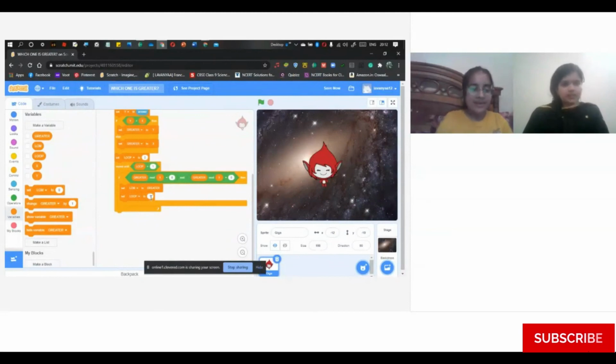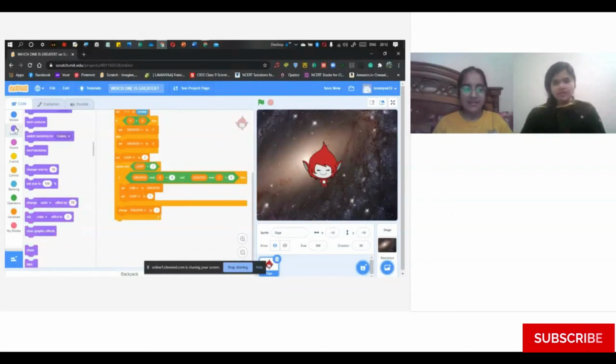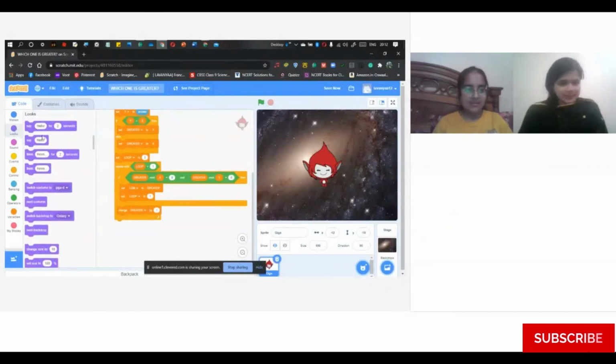So basically our value of loop variable is 0 in the starting, and we have given the condition that this loop should run until the value of loop variable is equal to 1. And when will it be equal to 1? When both the conditions are true. Both the numbers are giving remainder as 0. Perfect. And yes, we have to change the greater variable by 1 every time.